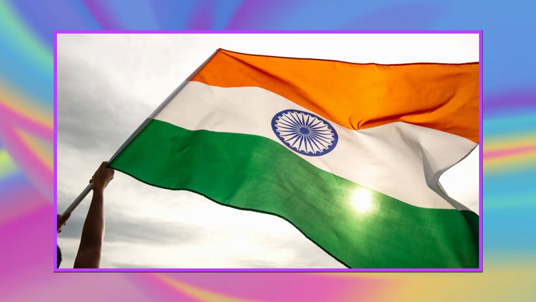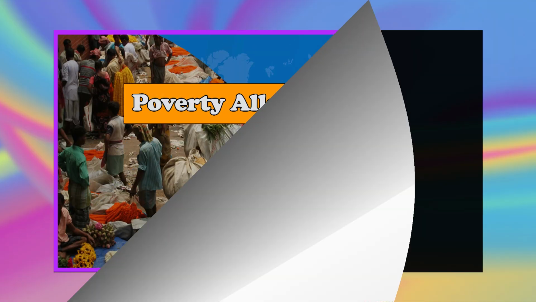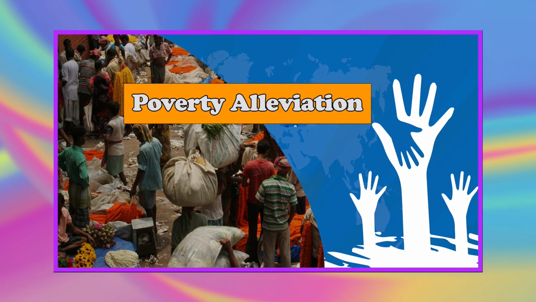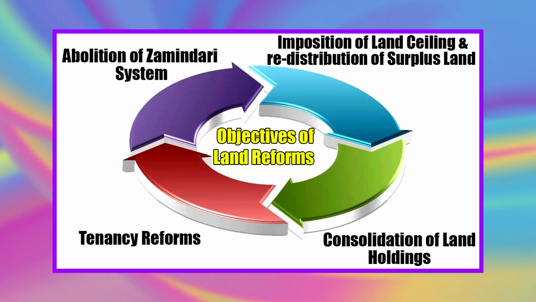As stated earlier, the country had a semi-feudalistic structure of society, having wealth concentration in few hands. To do away with this unequal distribution of wealth, poverty alleviation became the priority item on the national agenda. It was believed to be achieved through land reforms on a quantitative and qualitative scale. The land reforms objectives were sought to be achieved through the following measures. First, abolition of the zamindari system, tenancy reforms, imposition of land ceiling and redistribution of surplus land, and finally, the consolidation